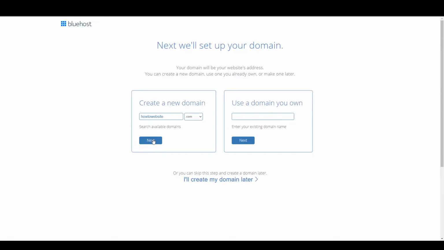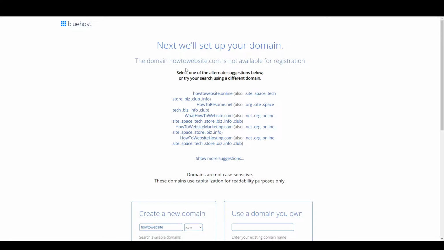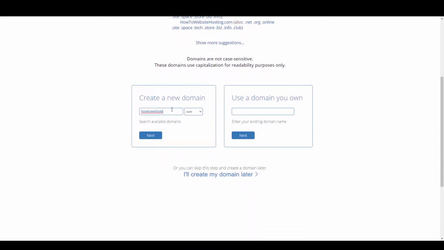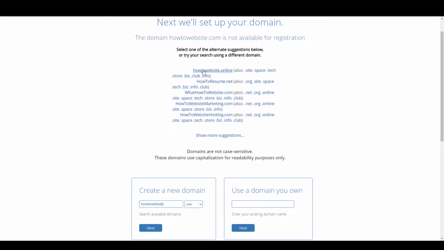I'm going to click next, and it will search whether it's available or not. As you can see, it's not available, so it's showing some more suggestions which you can choose. You can choose how to website.online and all of these, but you can search again and make sure that your domain name is easy to remember and easy to type. It shouldn't be like this one, so no one can remember this. So keep it as simple as you can. So let's choose this one,